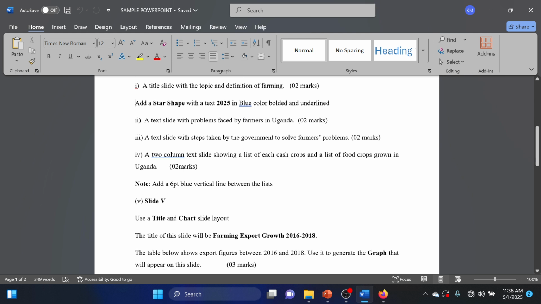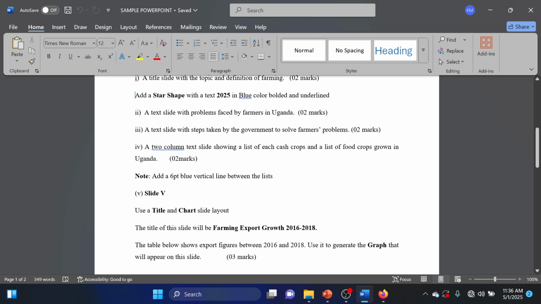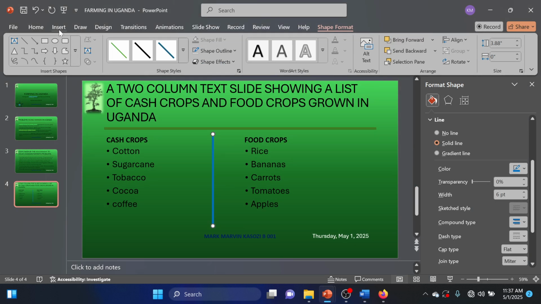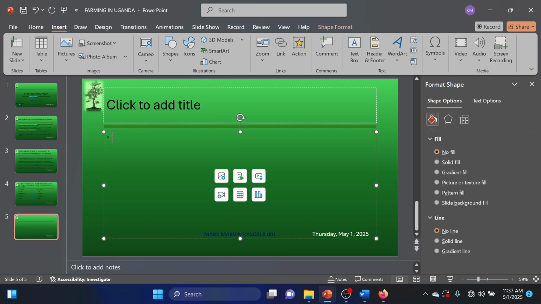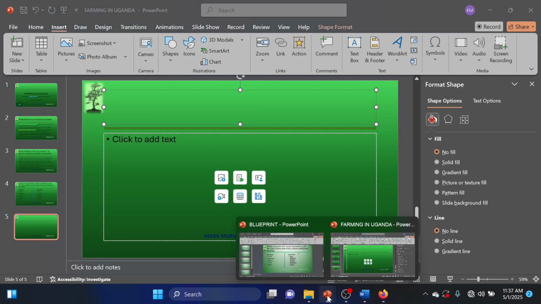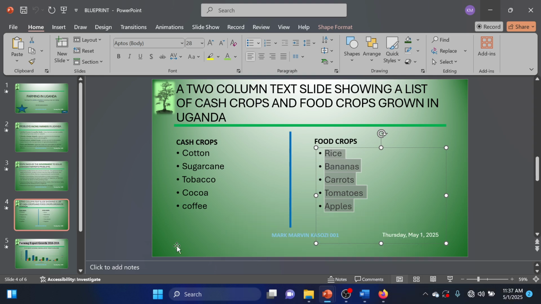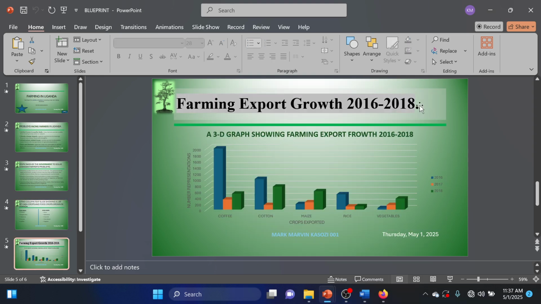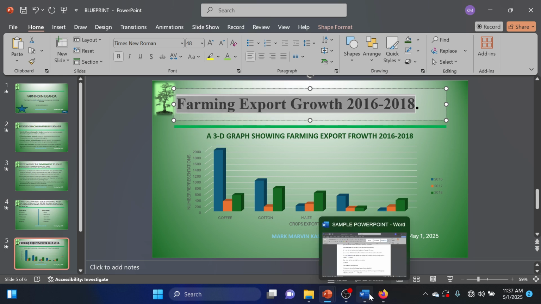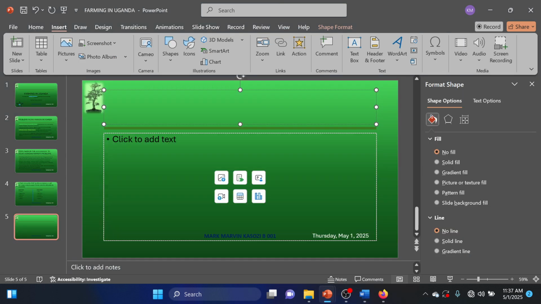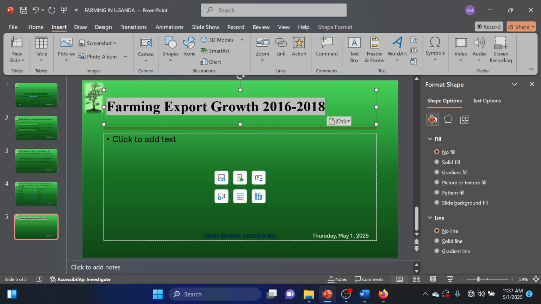Okay, then Slide 5. Use a title and chart slide layout. The title of this slide should be, they have given me the title right there. For Slide 5, I'm supposed to go to insert and use a title and content layout, because I'm going to draw a chart. The chart is going to go in the second placeholder, the title goes in the first placeholder. And according to the blueprint, the title is this. I can copy the title and put it in my presentation: farming export growth